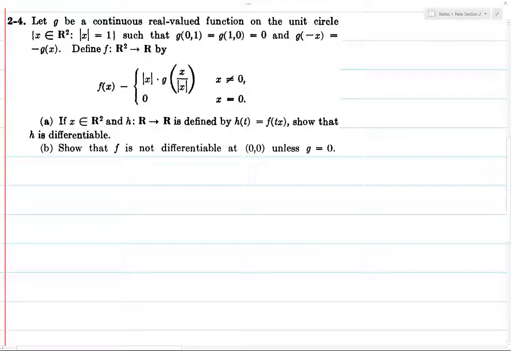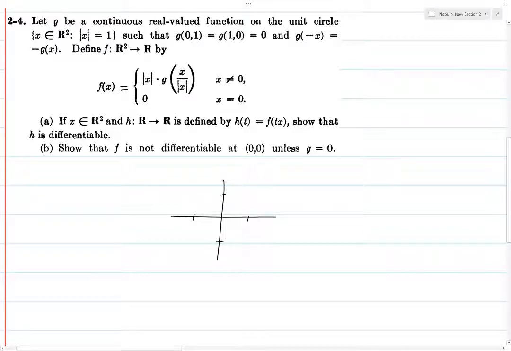So, we have this strange thing going on here. This is one of those problems that involves a little bit of reading, and you have to store everything that's going on in the problem in your head. Basically, what you have is the unit circle. So this is R2,